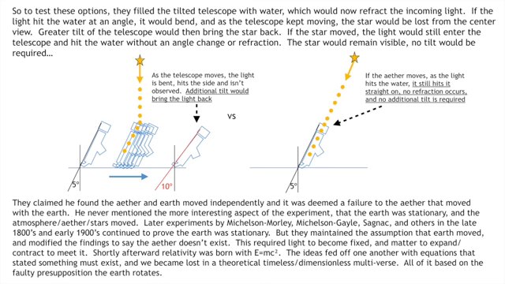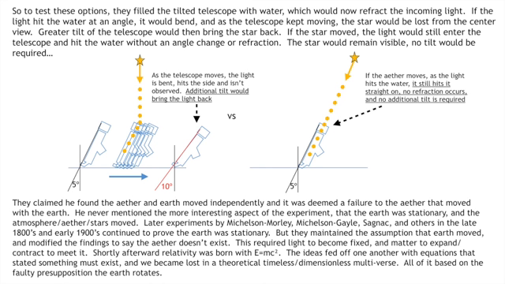So it was deemed a failure to detect ether within the moving Earth as dependent and moving with the Earth. He never mentioned the more interesting aspect of this experiment, though, that the Earth was stationary and that the atmosphere and ether moved. Later experiments by Michelson-Morley, Michelson-Gale, Sagnac, and others in the late 1800s and early 1900s continued to